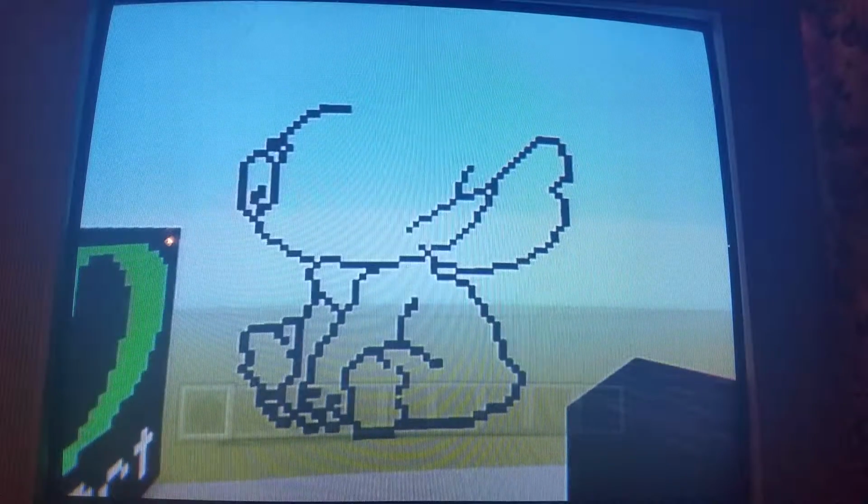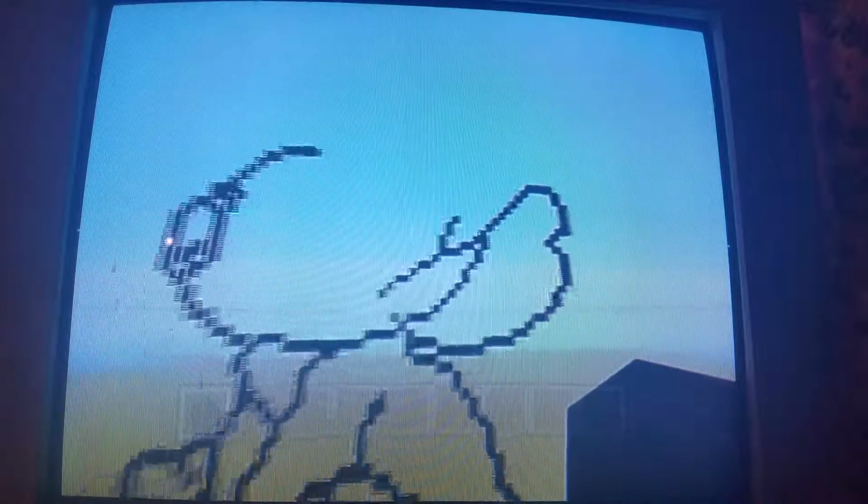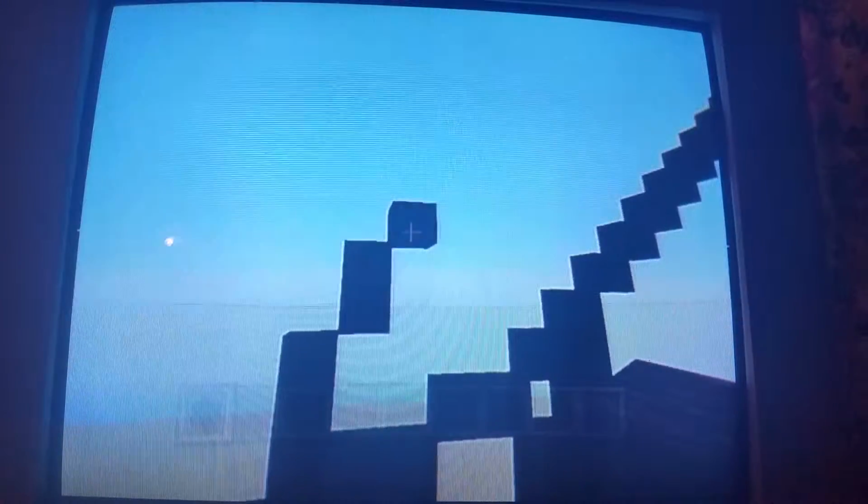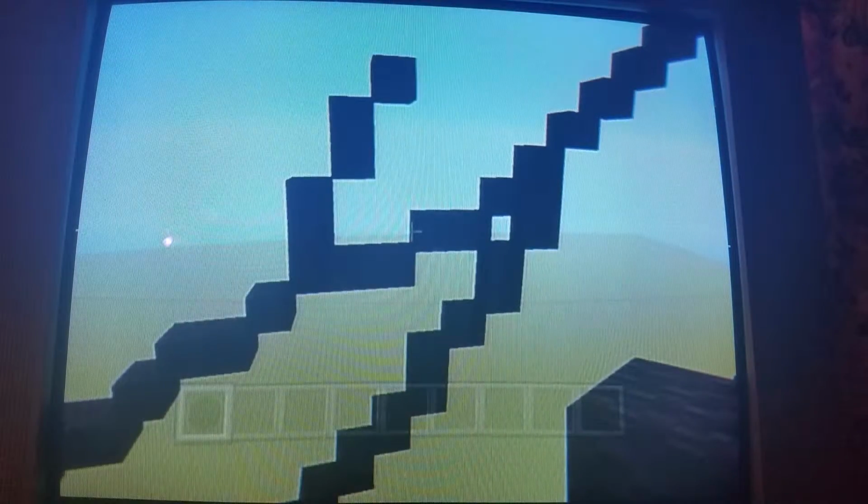This is how it's looking so far. So let's go back to making the rest of his head. Let's see, I'm right there. So you're going to want to do another upward diagonal. Build this up by 1. Another upward diagonal. Build this up 2 more. 1, 2. Then another upward diagonal. Build this one up by